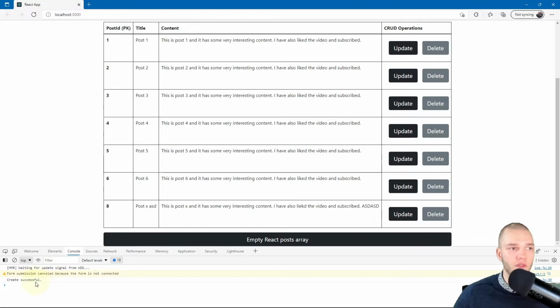And in the console, we've gotten a create successful message back from the server. So I'm happy with that, it worked. And our newly created post shows up at the bottom of the table here. Great. We're actually almost done with the development part of the tutorial now, because we can pretty much copy and paste create for the update feature, and delete should only take 5 or 10 minutes to implement.